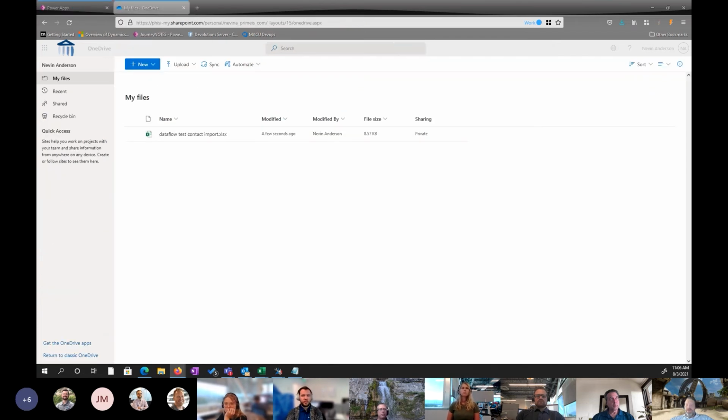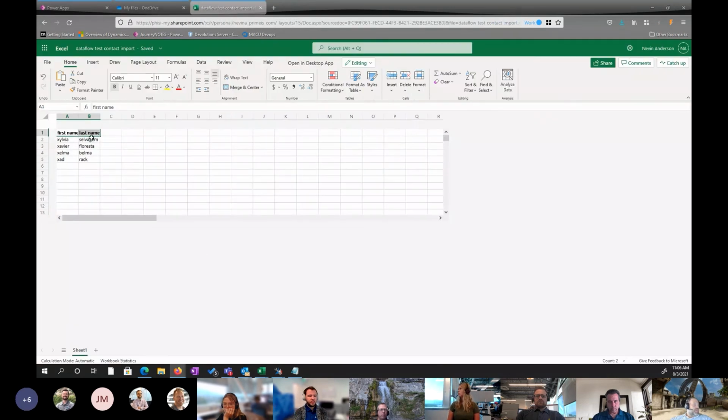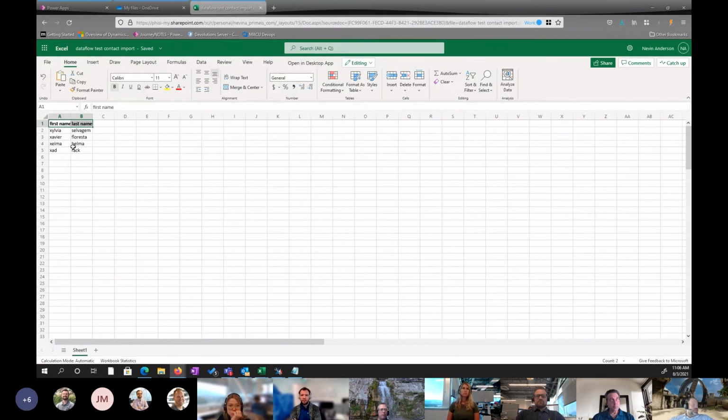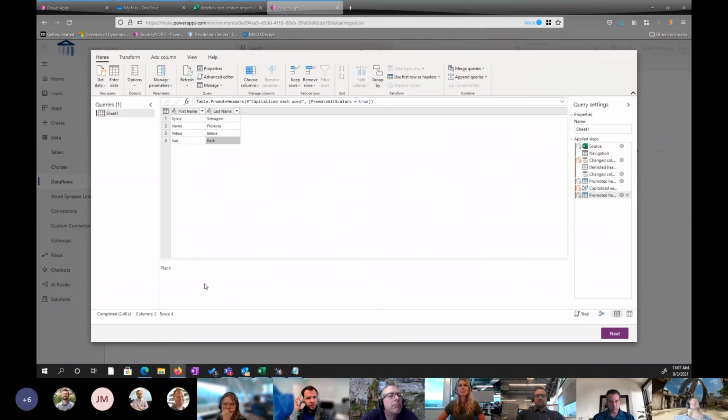I'm using this data flow test contact spreadsheet that looks like this. And so all I have in it is just to do a contact import. All I have is first and last names, and I wanted to make sure that I could keep track of who I imported for this, so they all start with the X. Makes it easier to find them. And that gets us to actually building this data flow. So this is what it looks like,